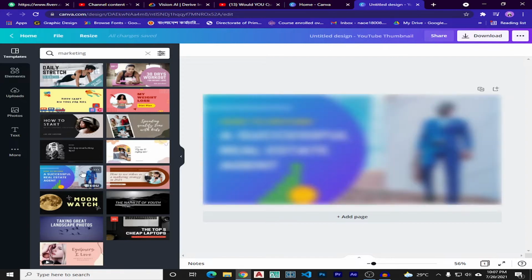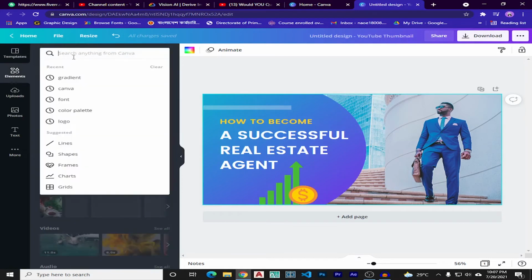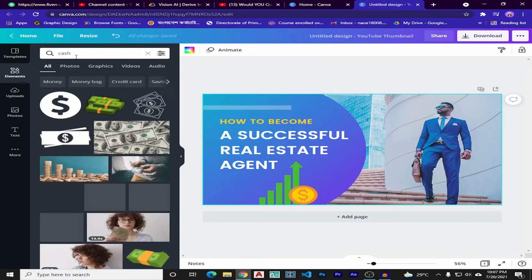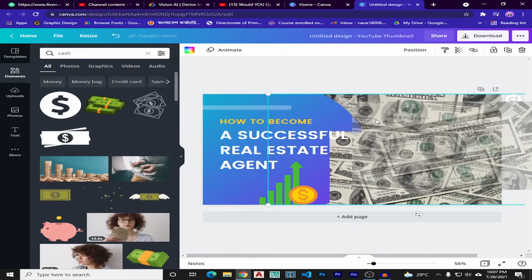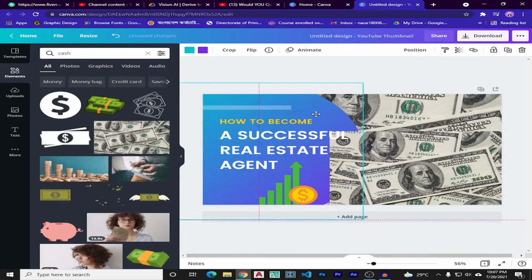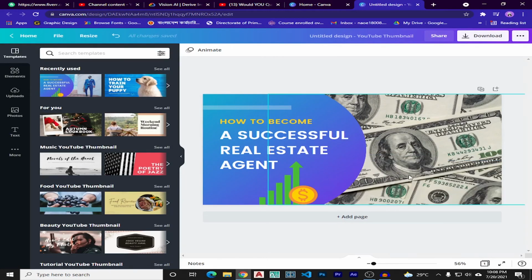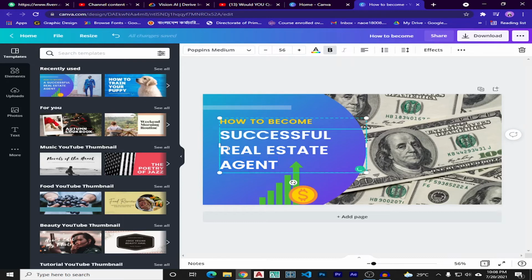Let's choose about marketing, right? Let's choose this one. So this is good marketing. This has a dollar sign. Since this is marketing, I think cash should be good, right? Cash. That would be good enough, right? Select this one and add this one over here, and let's set the position to background. Let's refresh the page. It is not looking very good. Do this one, and let's say how to become successful